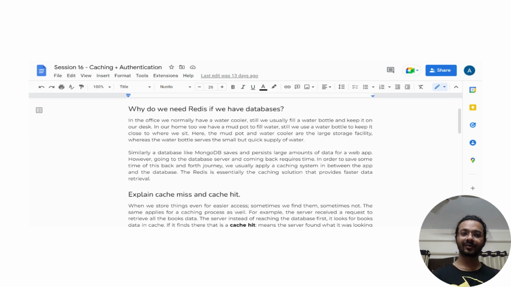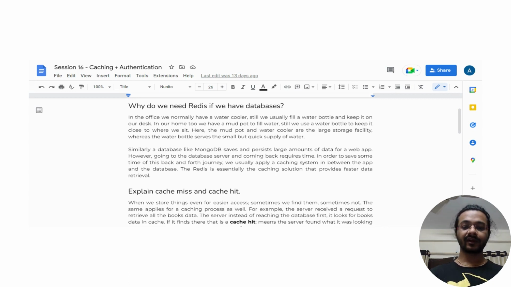right? So Redis provides a way to do the caching. It helps us in reducing the API response time. That is why we use Redis even though we have databases. They work in conjunction. They are complementary to each other. They are supplements to each other, right? They're not replacing each other. They're just there to support each other to achieve a better application,